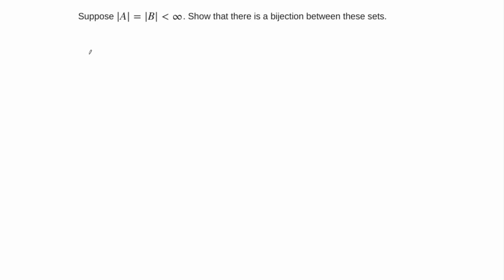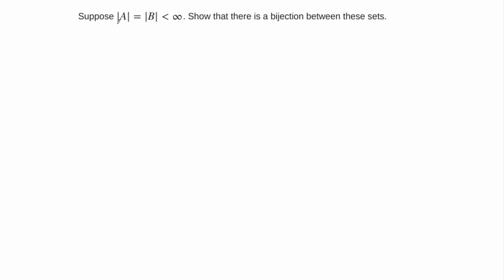In this example, we're asked to show that if two sets have the same cardinality, then there exists a bijection between those two sets. So first off, let's write this in logical terms. This is actually a conditional statement here. It maybe is not formed or structured as a conditional as we've seen them up to this point, but it